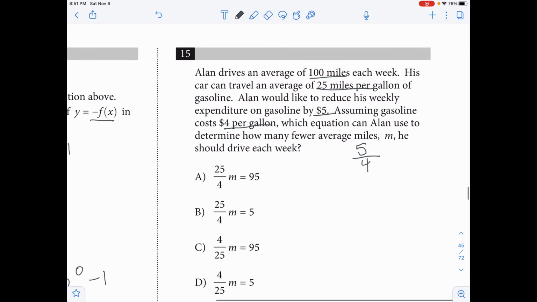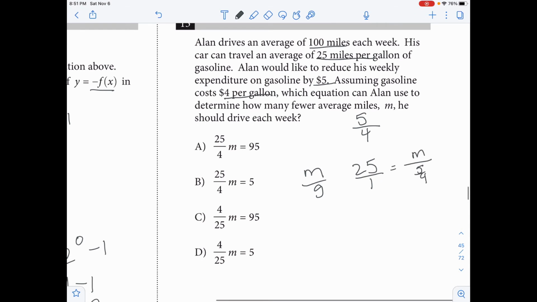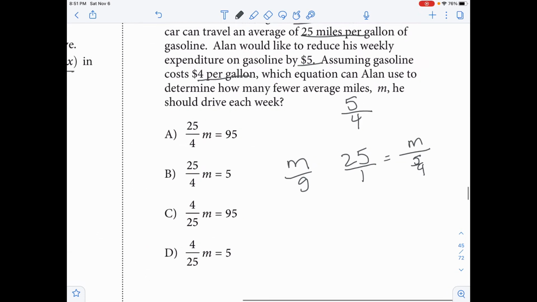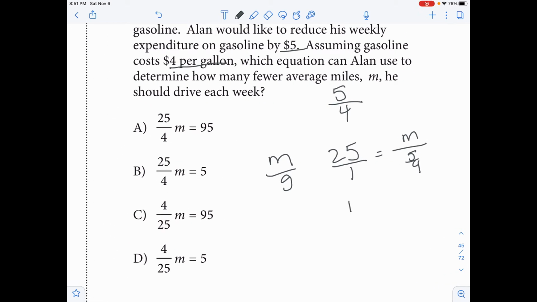So we can use this to set up a proportion of miles to gallons. So 25 miles over 1 gallon equals m over 5/4. And then you would get 125 over 4